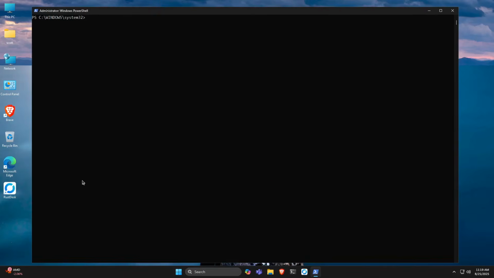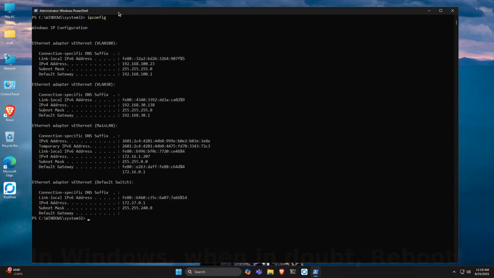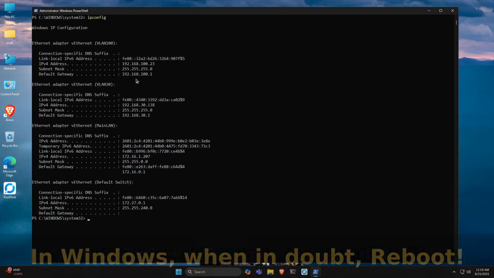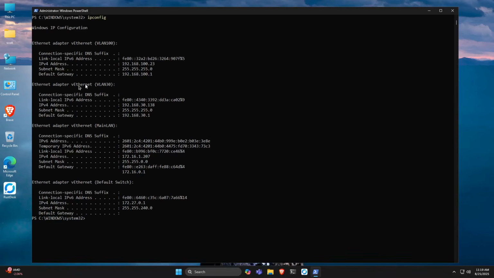Now that I've rebooted Windows and started another PowerShell, I'll go ahead and do an ipconfig in here. And we will have a VLAN 100 adapter with the address of 192.168.100.23 with the gateway of 192.168.100.1. We have a VLAN 30 address of 192.168.30.138 with the default gateway of